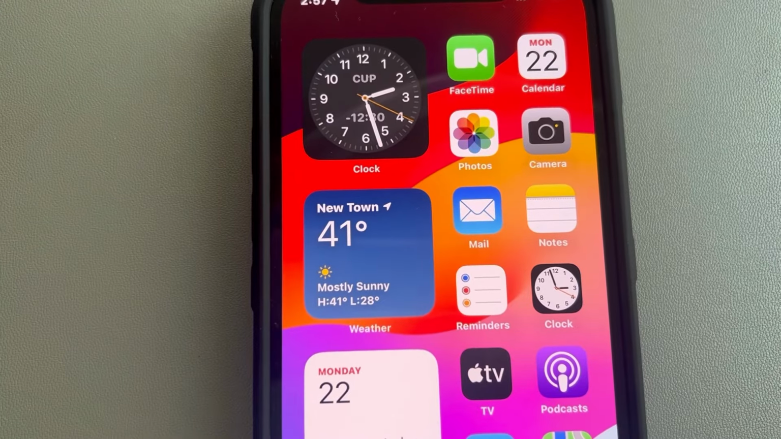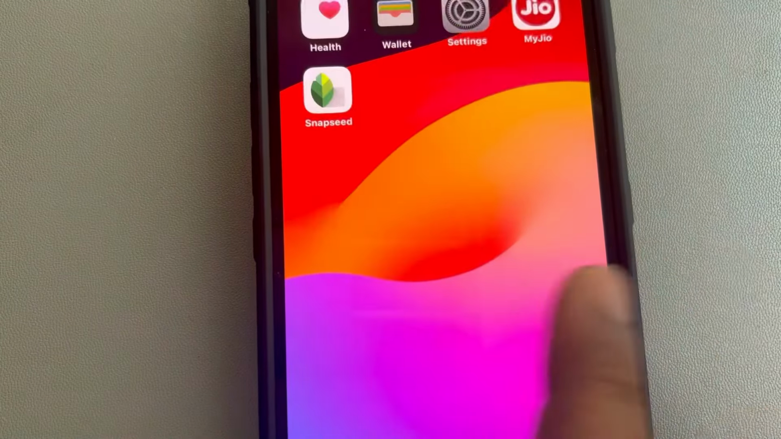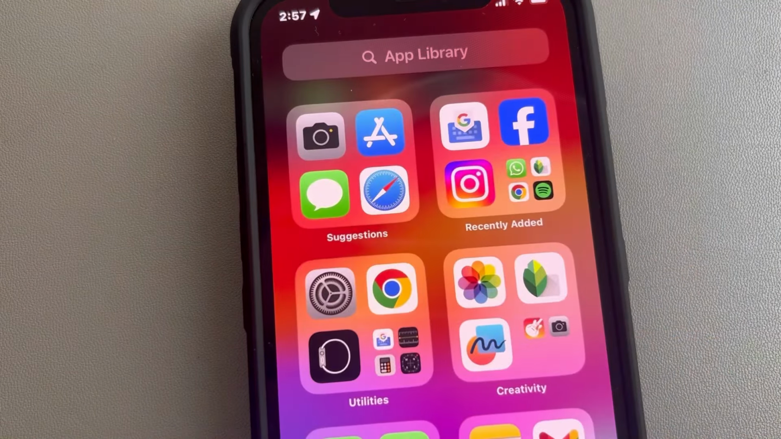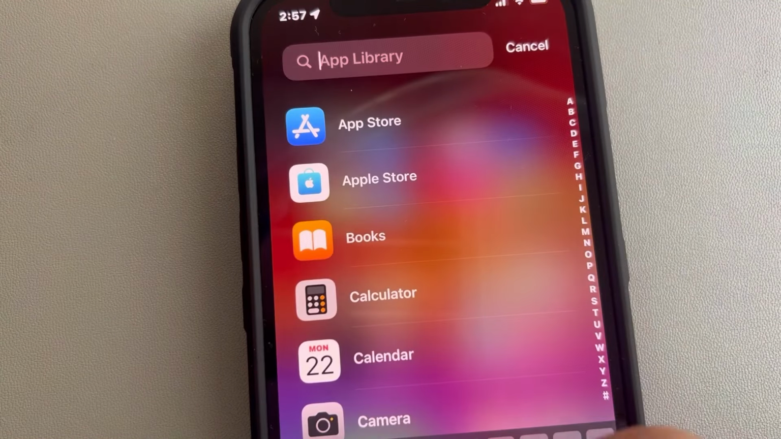If Safari browser is missing on your iPhone, then here is the fix. First of all, try left swiping until you get to this App Library section. Just search Safari